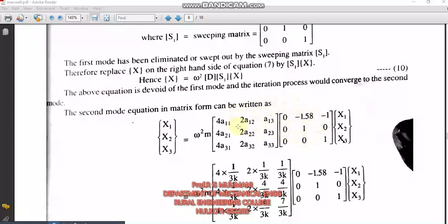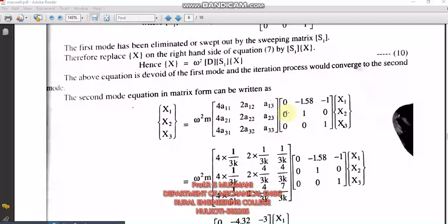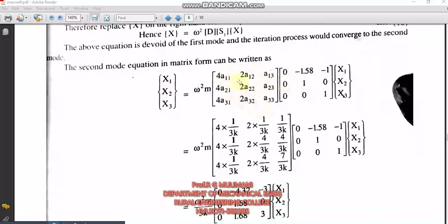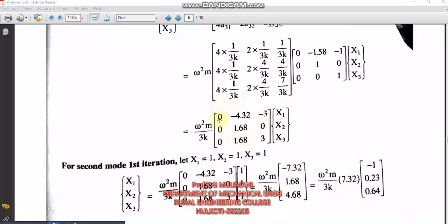Okay, to find the second mode shapes and the second natural frequency, we are multiplying the dynamic matrix with the sweeping matrix. This is the additional matrix here: x1, x2, x3. And in all the influence coefficients, 1 by 3k is common, so taking 1 by 3k common and multiplying this matrix and this matrix, we have the new matrix here: 0, minus 4.38, minus 3, 0, 1.68, 0. Okay, now